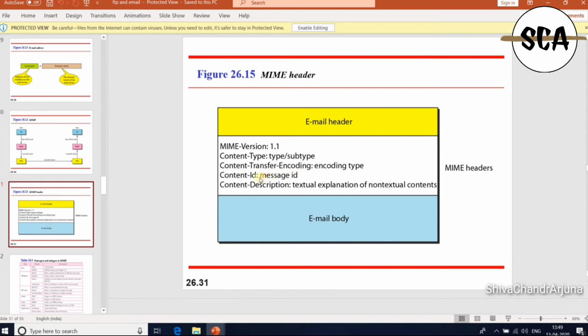Content ID, the message ID. And content description, a textual explanation of non-textual contents. We'll explain each of these clearly.